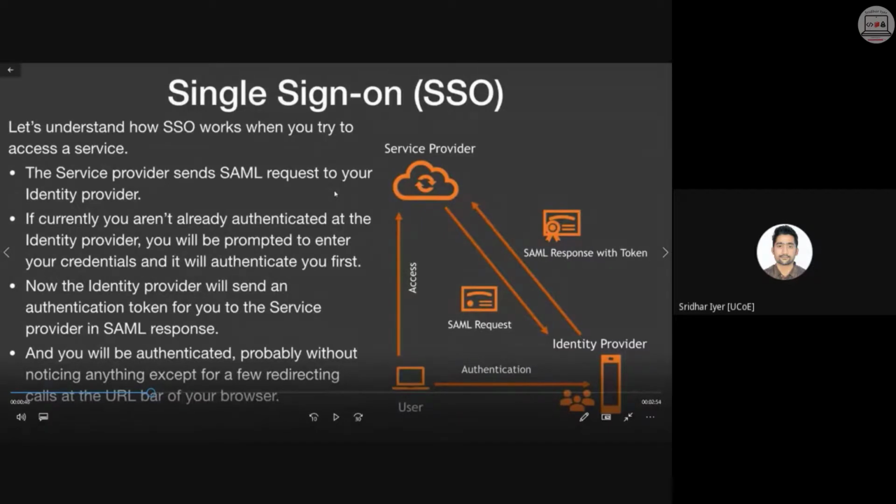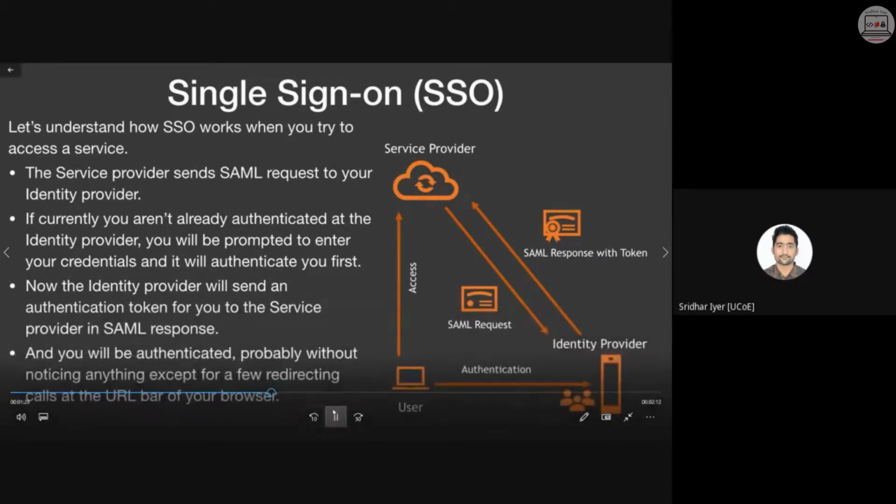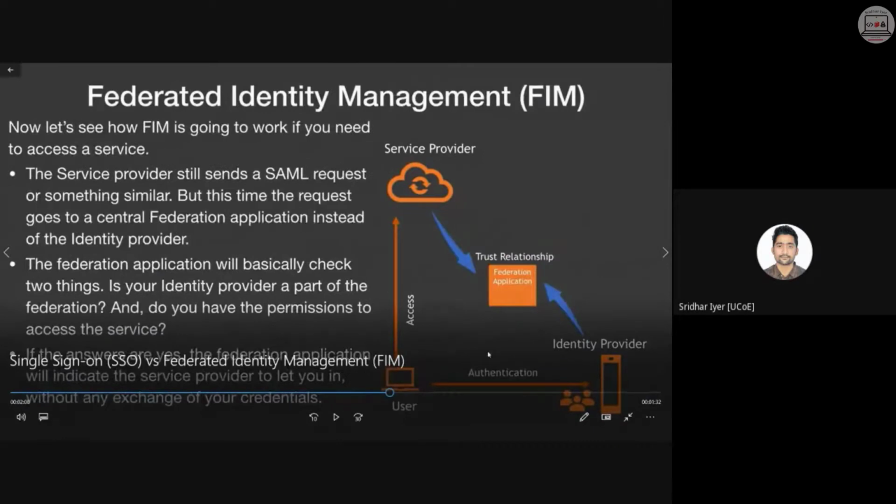Just keep in mind, all the communication happens with the help of a language called SAML. It is not part of the syllabus, but if I get some time in the next lecture, I will explain what SAML is. Using this XML based language, they communicate with each other. Next up, let me show you what exactly is the difference between this and FIM.